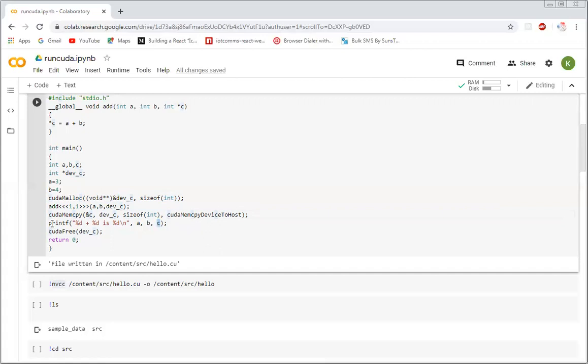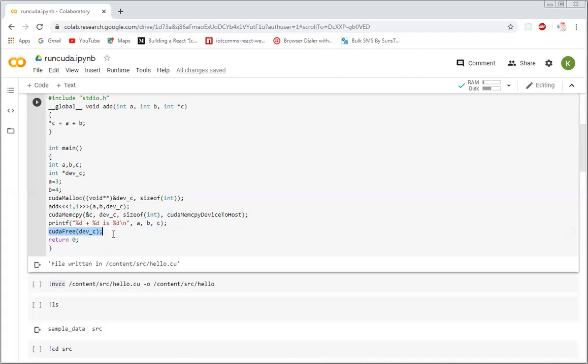Here we have used it to print the value. Then we should free the CUDA memory that we have allocated. It is dev C that we have allocated. For freeing this memory, we are using the cudaFree function. So it was a very simple program, and very easy to understand.